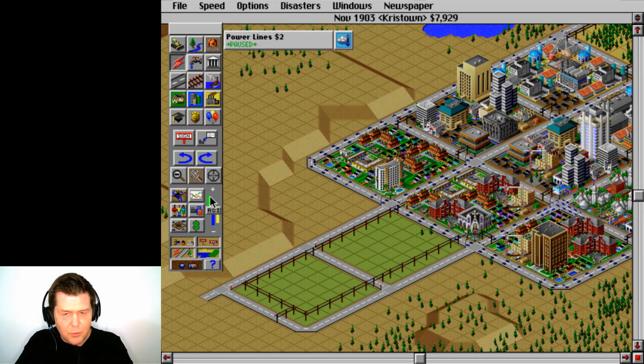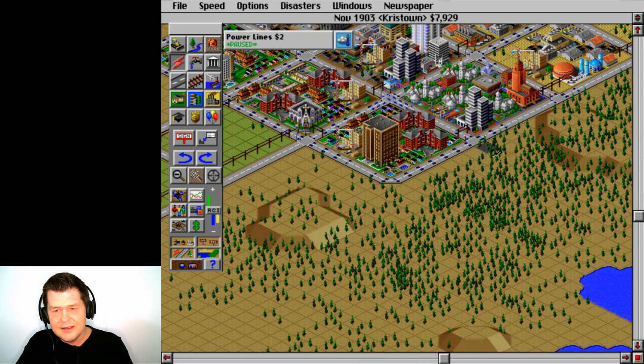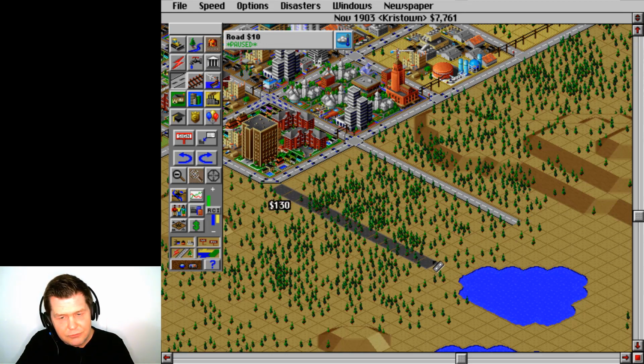And it says people want residential zones. So there's high demand. People want places where they can live. So I'll destroy these power lines, bulldoze them down with the bulldozer here, and put roads. I wanted to put roads there, so I'll put a road here and a road here,